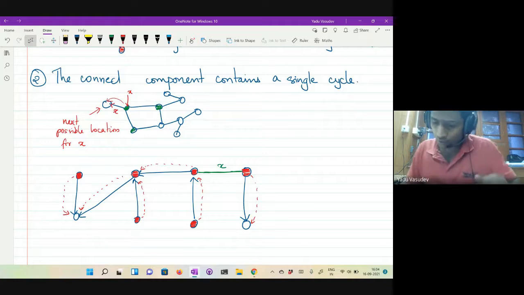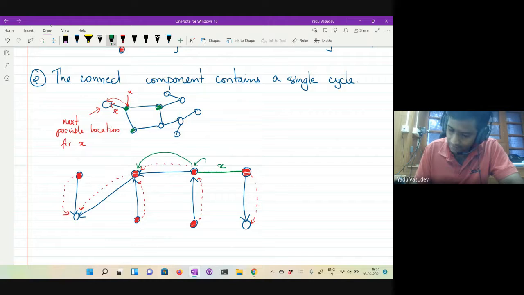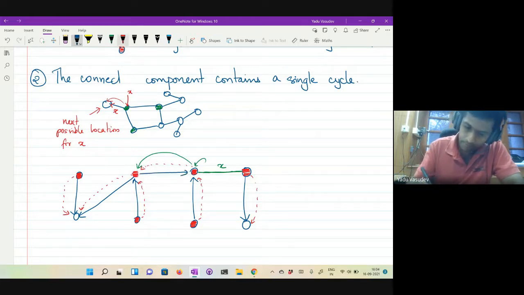So what happens to this graph now? How do you enter? So let's say x chooses to go here. Okay. Then what do you do? The next step. Then what you have to do is this element here has to be moved to the entry here, right? And you will redraw this graph with an edge coming back like this, right? So you will redraw this edge by putting an edge this way now.